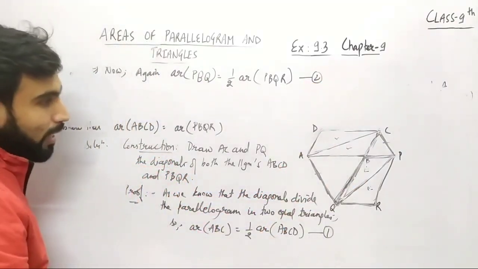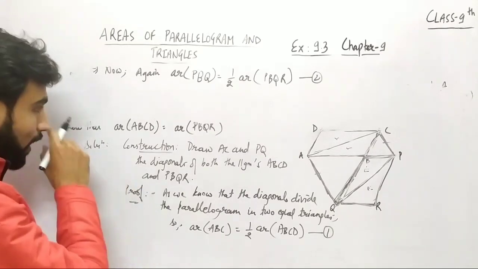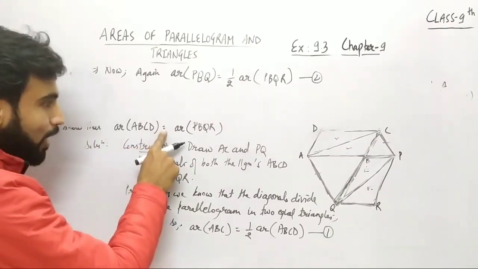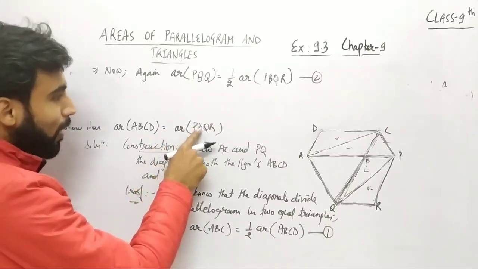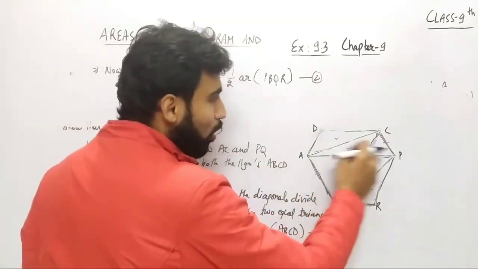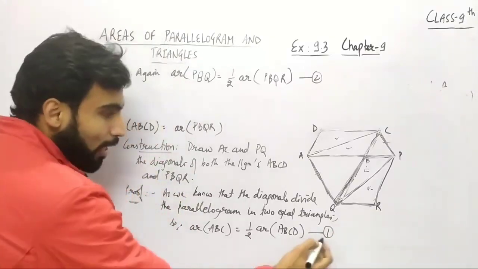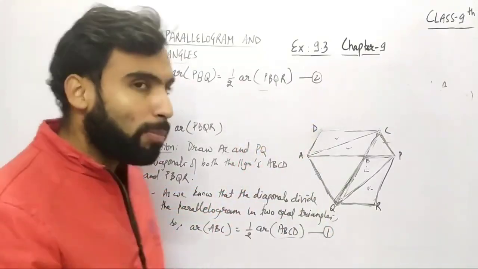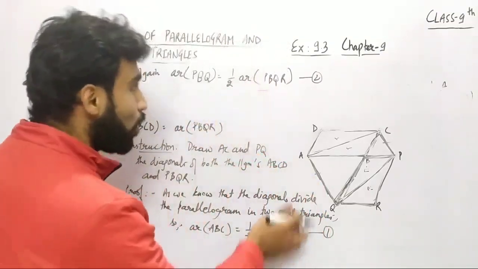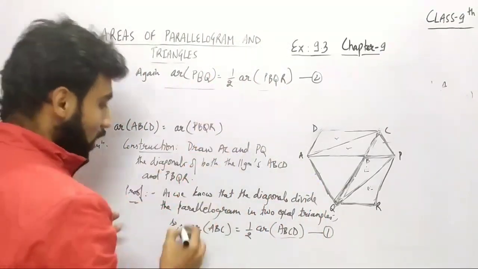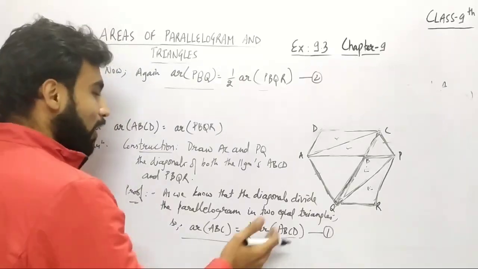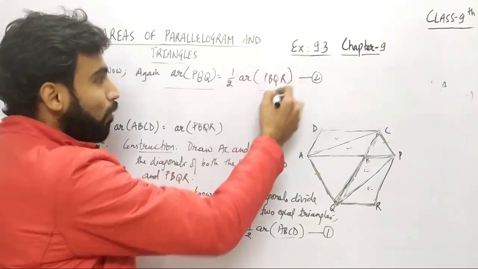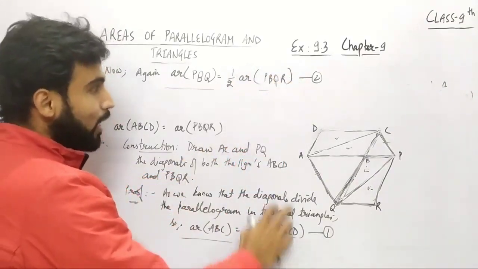Now, अगर आप ध्यान से देखें, हमें equation के अंदर prove क्या करना है? That ABCD, you can see parallelogram is having equal area to the parallelogram PBQR. So हमें दोनों parallelogram का area equal prove करना है. And you will find out in both the equations, जो right hand side है, उसमें ABCD और PBQR आ रहा है. So अगर मैं इन दोनों equations की left hand side जो है, अगर ये equal prove कर दूं, then definitely the right hand sides are going to be equal. So ये half से half cancel हो जाएगा, then we will get what we require, that ABCD is equal to